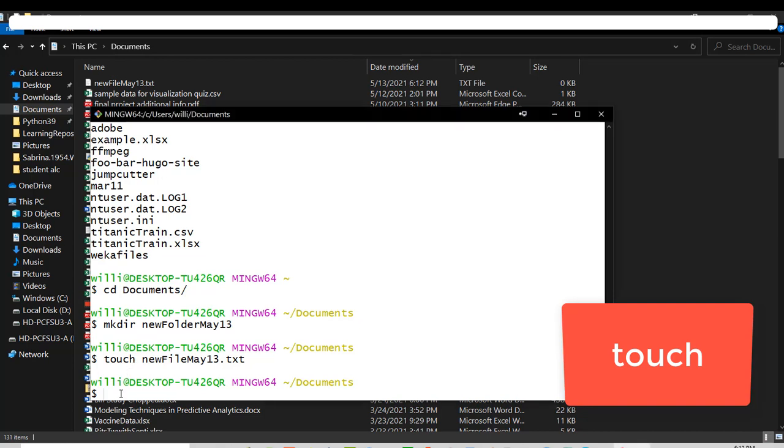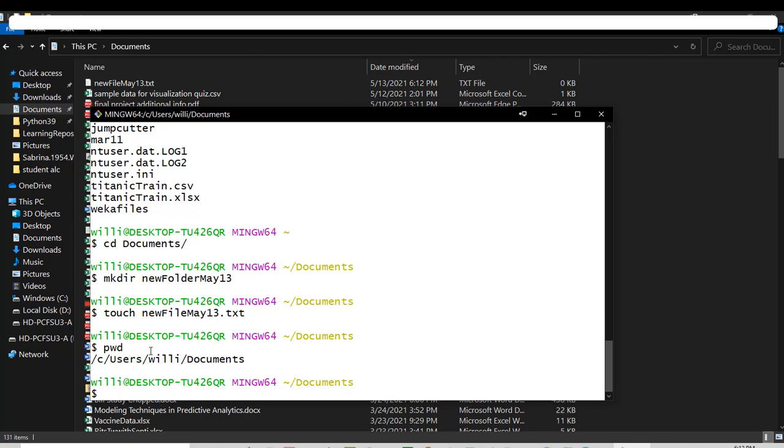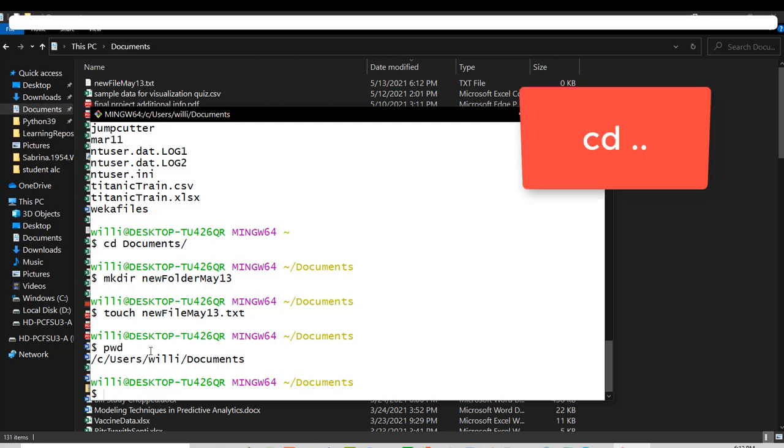Now, if you want to go back up, remember I'm in the documents folder. If I want to see exactly where I am, I can do pwd again. I can see I'm in documents, Willie, users, C. So I can do this. If I want to go up one directory, in other words, I want to move to Willie, I can do